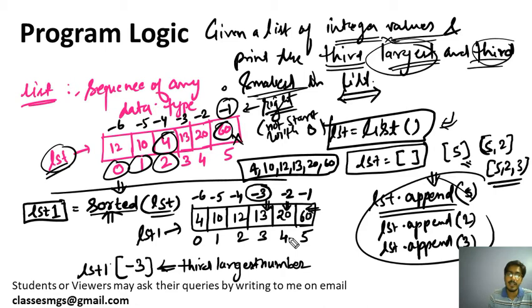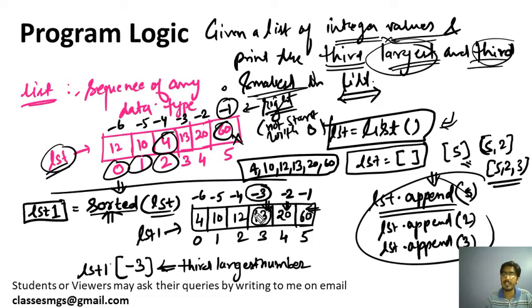How is it possible? Because if you sort this list in ascending order, from the last, the third element will always be the third largest number, because the largest number will be at the last in this list, the second largest will reside in the second position from the last, and the third position from the right side will be the third maximum.